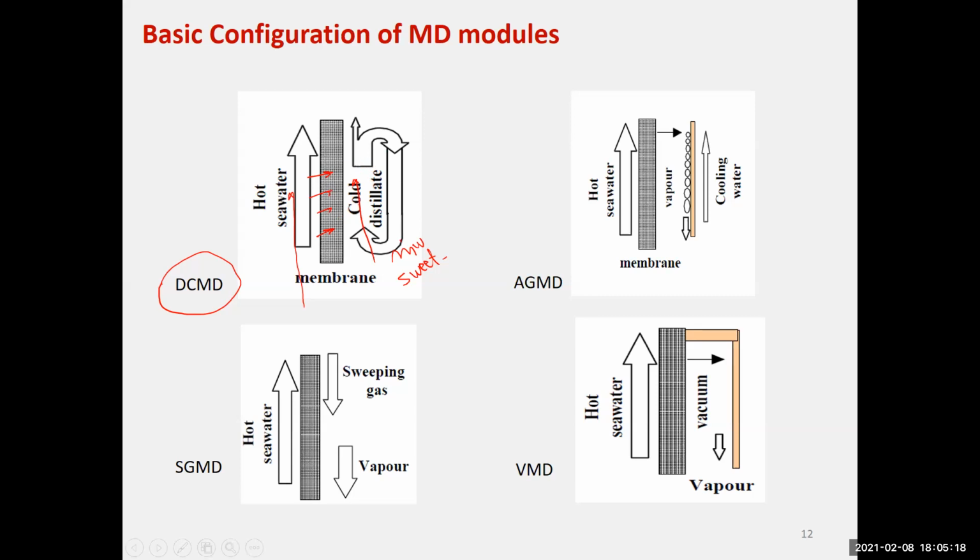So this is the simplest direct contact membrane distillation technique. Condensation of the vapor happens in the pure water stream, which is passing on the cold side of the membrane surface. We refer to that as direct contact. From the other side, the second kind of arrangement is this, and the AG stands for air